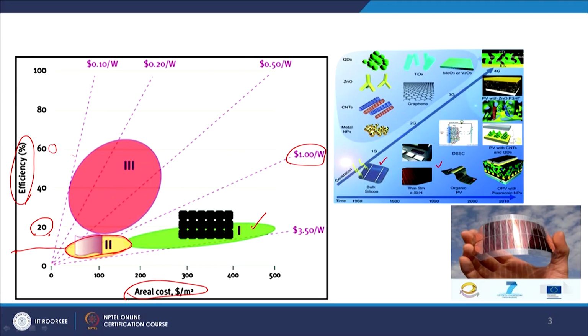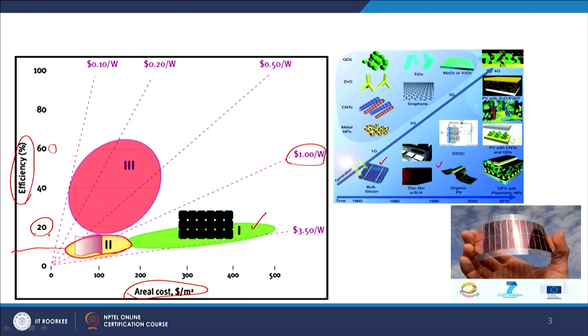Similarly, we have the organic photovoltaic solar cell. Now, as you can see, these solar cells are flexible. In contrast to the silicon solar cell, which is not flexible, we have organic PV which is flexible. So, that means we can put it on any substrate. We can put it on our bag, we can put it on our rooftop which has an arbitrary geometry, for example, any kind of surface.